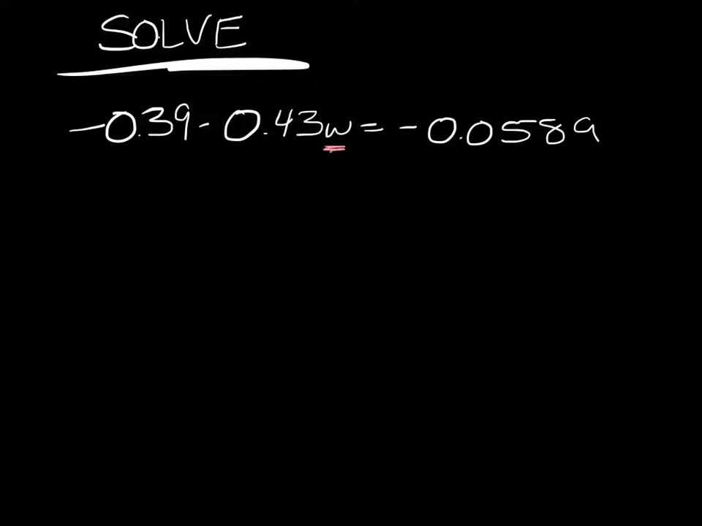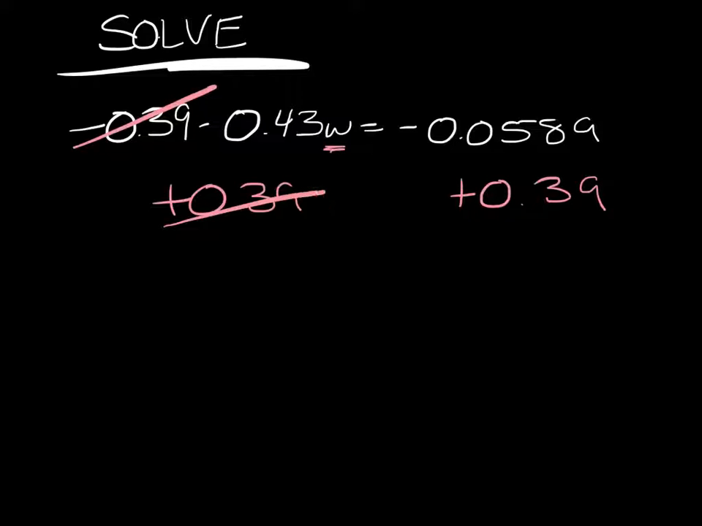The first thing in this case, we're going to add 0.39 to both sides of this equation. The reason we're doing that is to get rid of this negative 0.39 term here on the left-hand side. So then what we're left with on the left-hand side of this equation is this negative 0.43w equals, and then the right-hand side we get from whatever we get from the addition of these two numbers. I plug that into my calculator, and what I got is